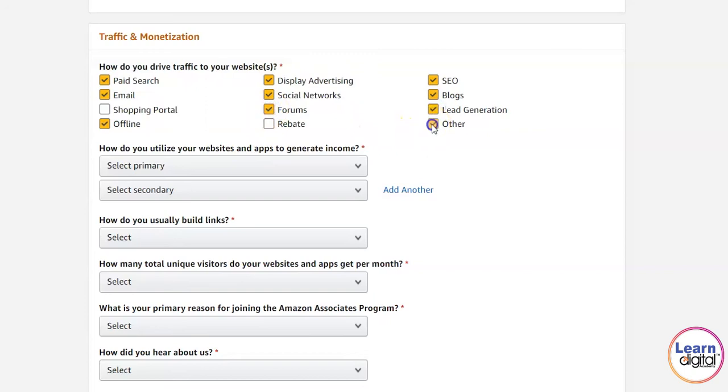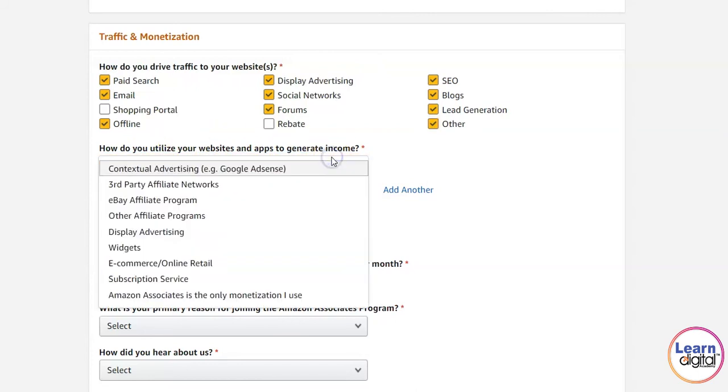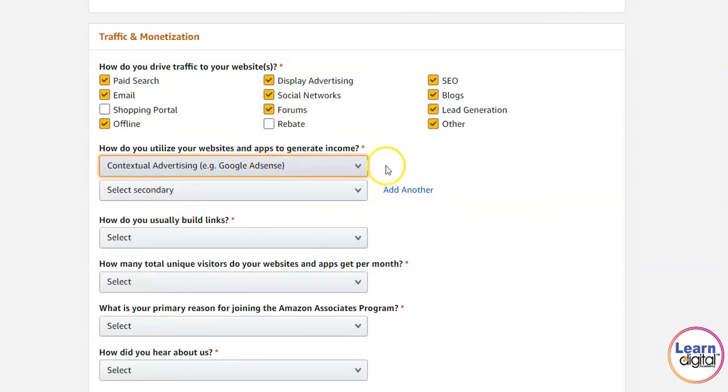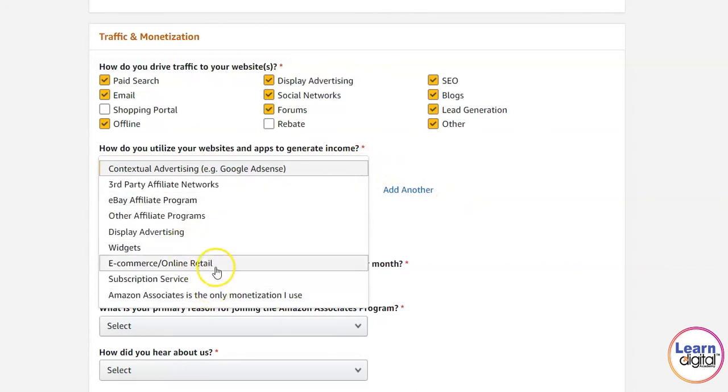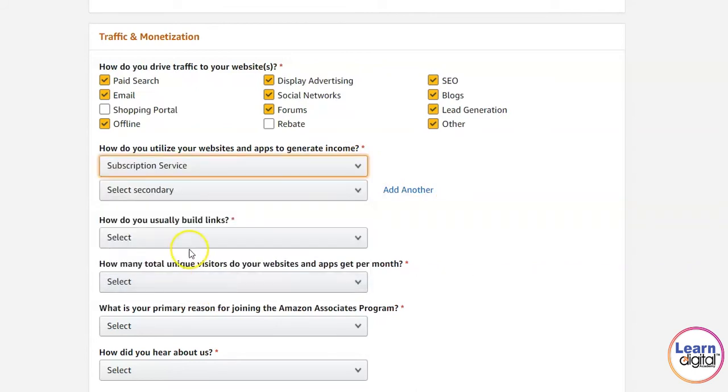So I do multiple forms of marketing to generate traffic for my website. How do you utilize your website and app to generate income? As of now, I am not into any of this. You can use the first option, contextual advertising, that is Google AdSense. I'm actually not doing that, but for learning purposes I'm picking it. Or you can go for subscription services.